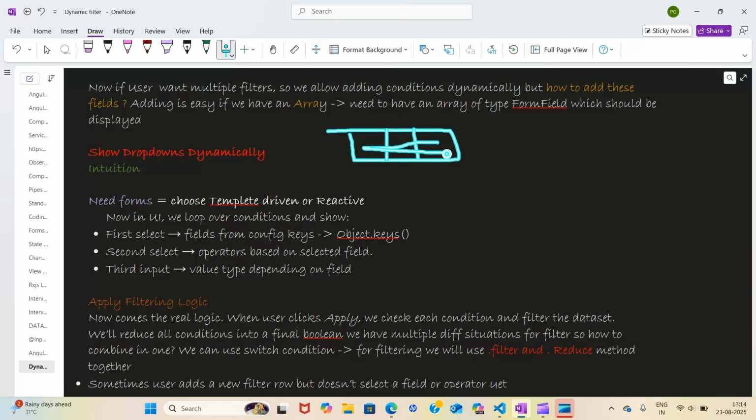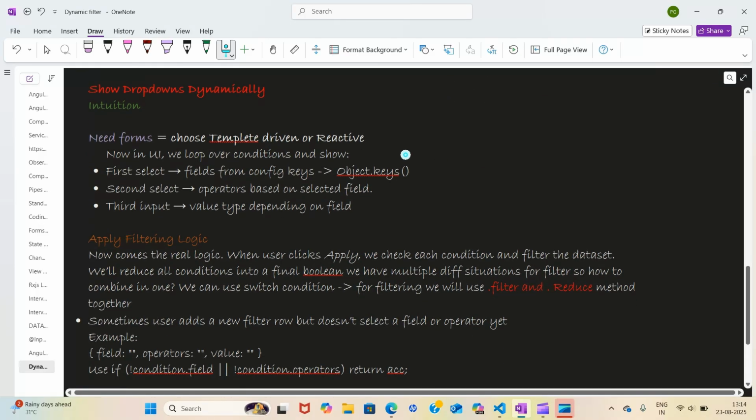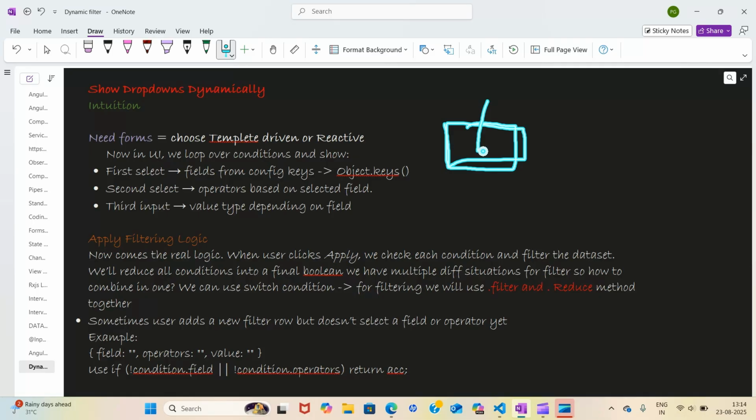But how will I show this in the UI? For showing drop downs, we know that in HTML we can do rendering, we can use select. But this is taking the user's value, this is saving it somewhere, right? Then only depending on this value it is rendering this value. So how can we store the value? On clicking. That means we need to use forms.